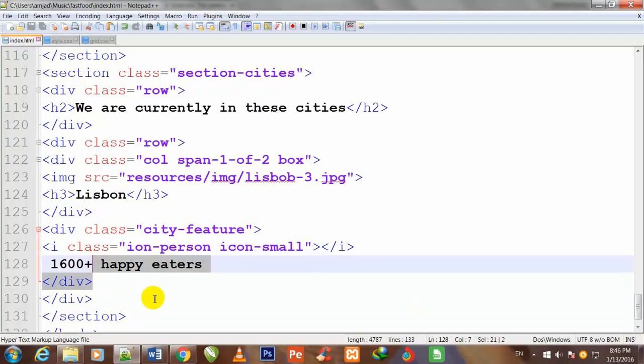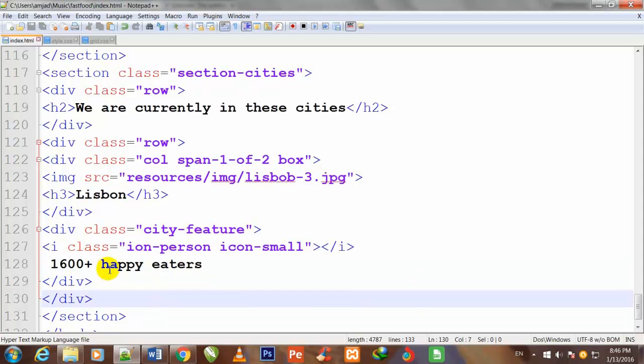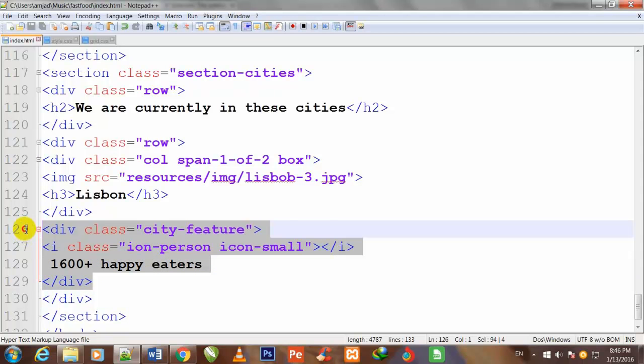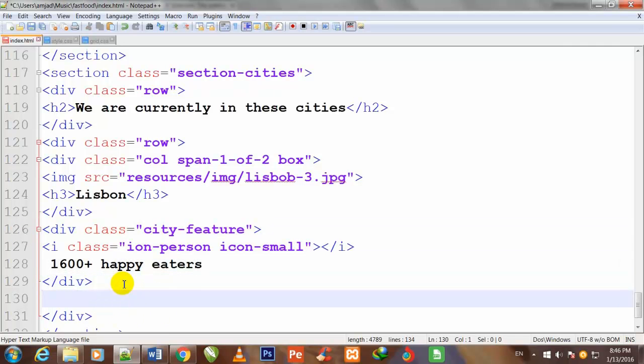Control S to save. And now I copy all of this div and press enter, and I paste it here.